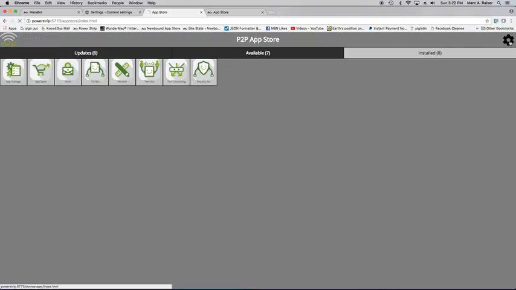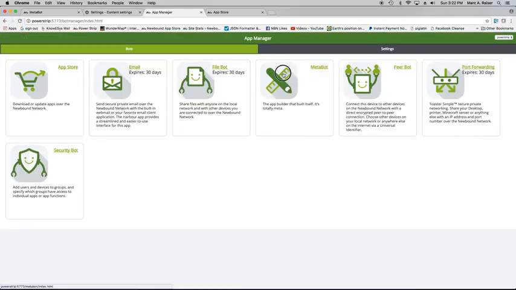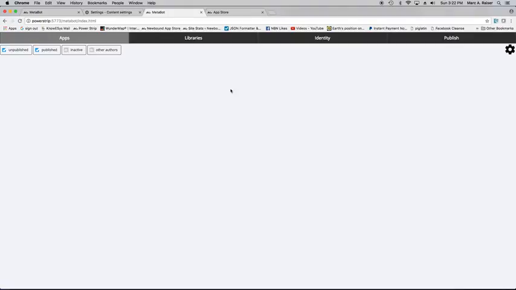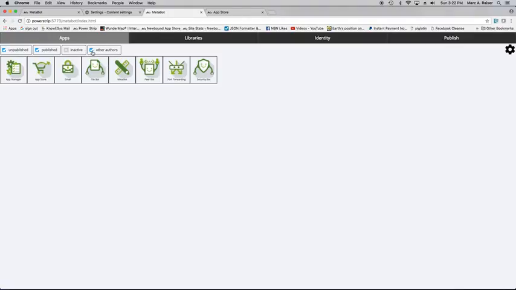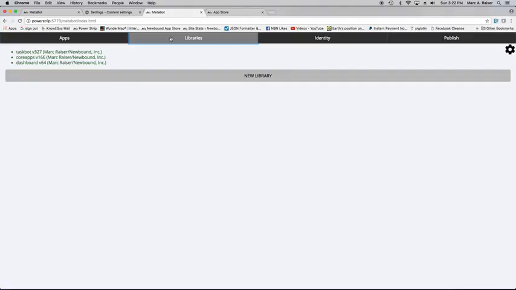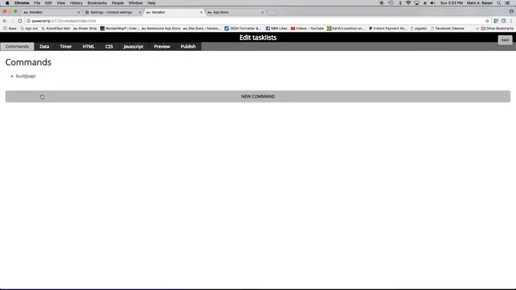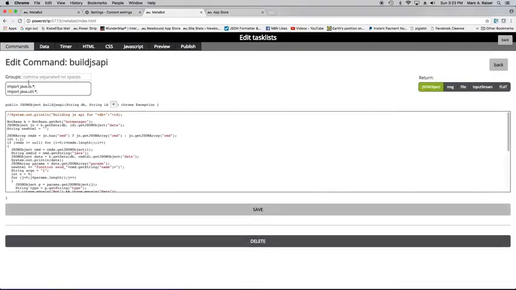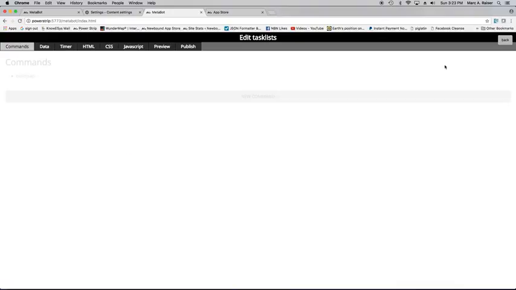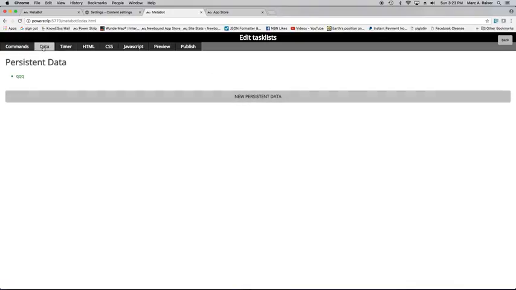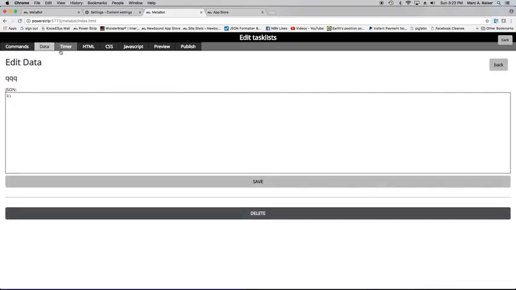Another thing you should definitely check out is the Medibot. The Medibot is an app that allows you basically to create other apps for the Newbound Network. Apps consist of libraries, and libraries consist of controls. And a control is basically an atomic app component consisting of commands, which are written in Java,